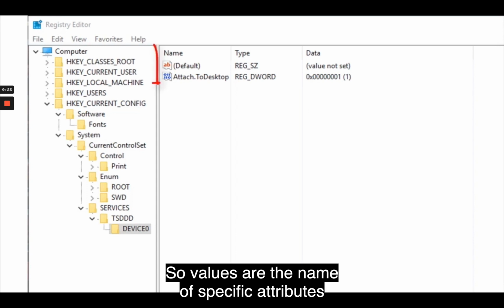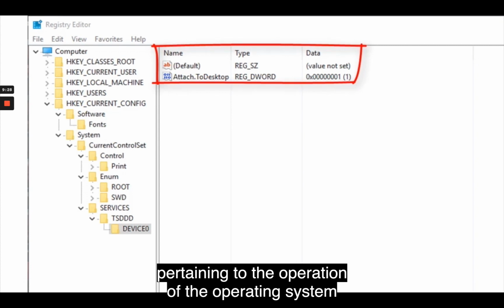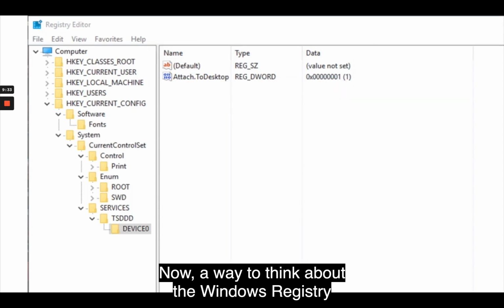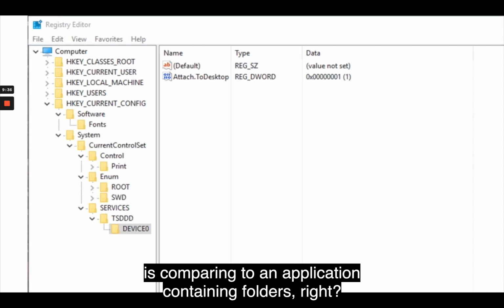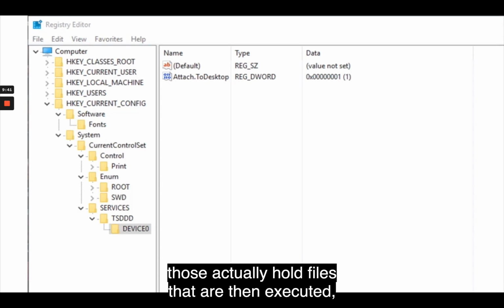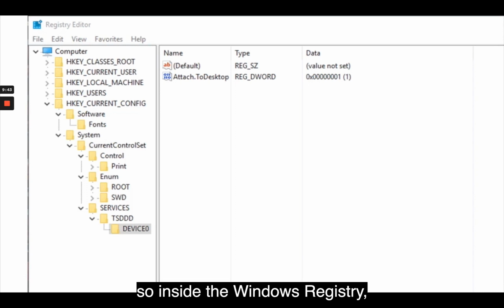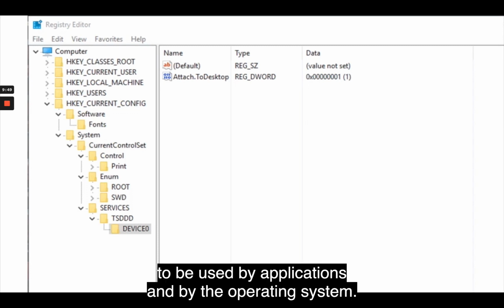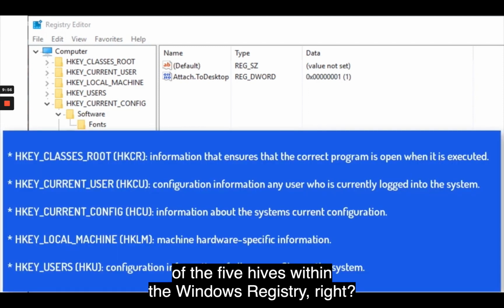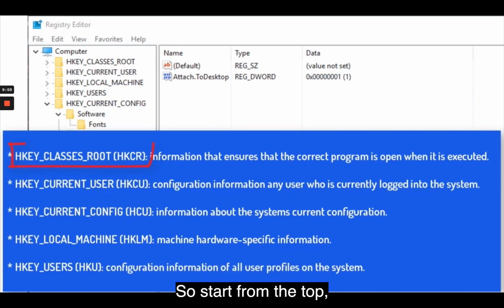Values are the names of the specific attributes pertaining to the operation of the operating system and applications within a key. A way to think about the Windows registry is comparing it to an application containing folders, right? Inside of an application, folders hold files that are then executed. Inside the Windows registry, the hives hold specific values to be used by applications and by the operating system. Now here I'm showing the function of the 5 hives within the Windows registry, right? So start from the top,